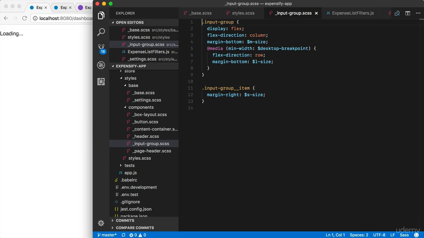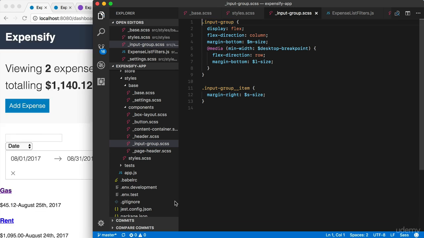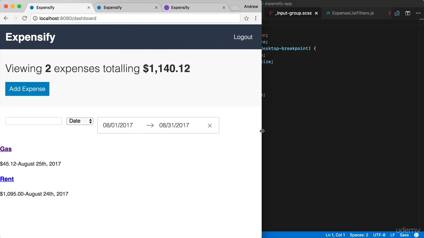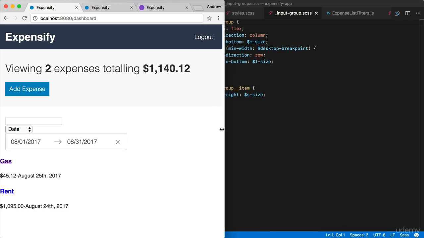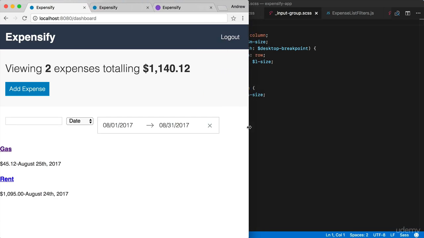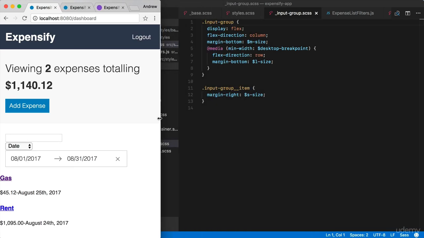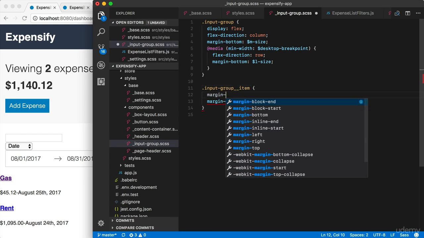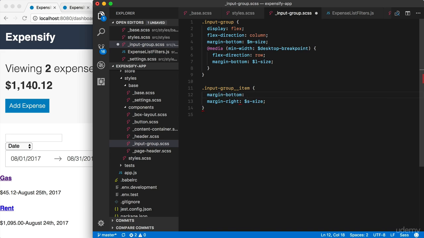So this is going to get us part of the way there. Input group now is going to be able to actually change between the two. Right here, we do see things stacked vertically, which is great. As I make the screen wider, we eventually hit that breakpoint where things transition. Desktop looks good. For the smaller screens, we don't have any space inside of there, so I am going to set up some spacing properties down below in input group item. We're going to set margin-bottom equal to, so for mobile screens, I will set the margin-bottom equal to S